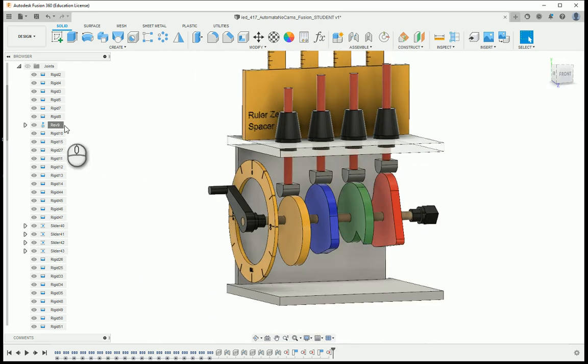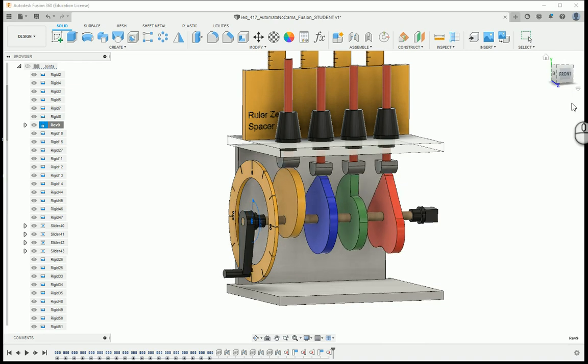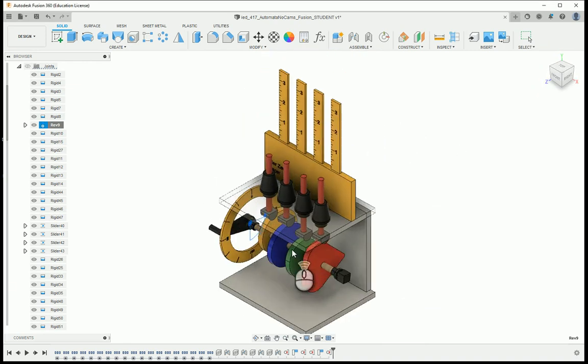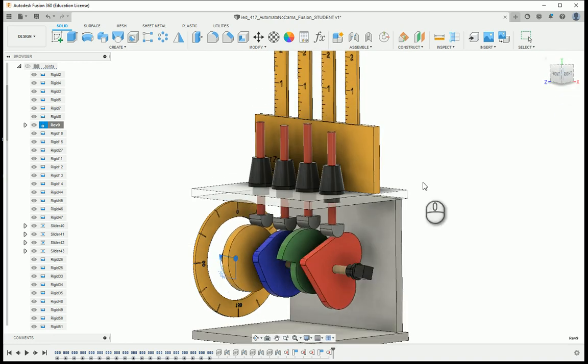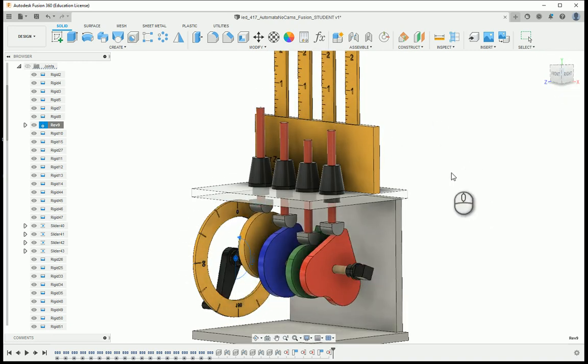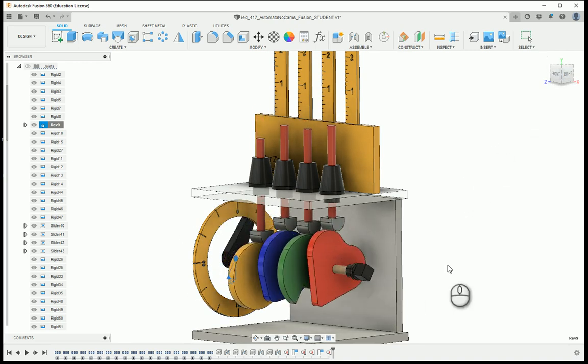And now I can see that if I right click on Revolute 9 and say animate model, the cams and everything will animate, and I'm able to see the motion that each cam generates and compare how each follower moves up and down, and you can also see how they